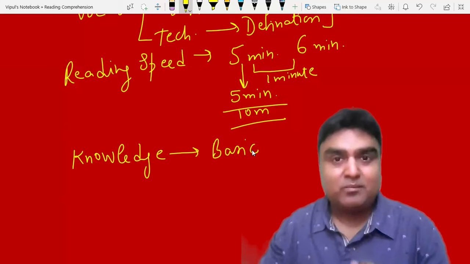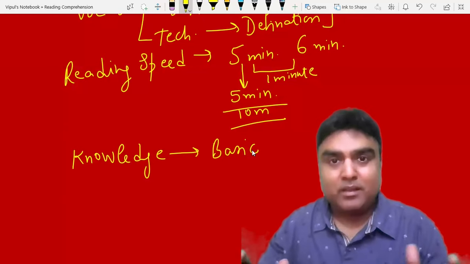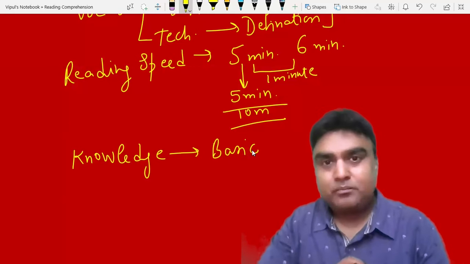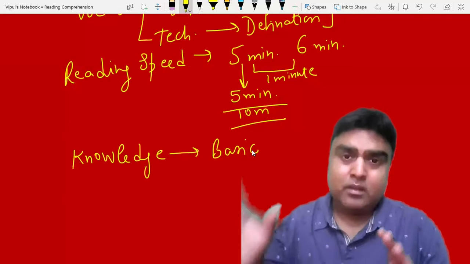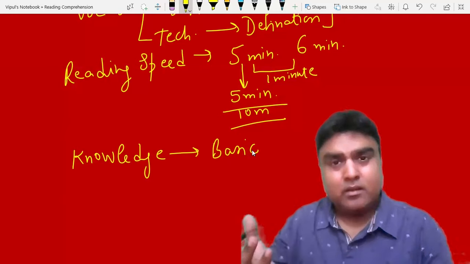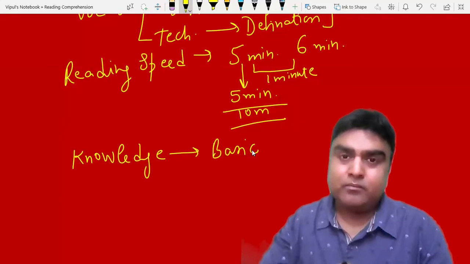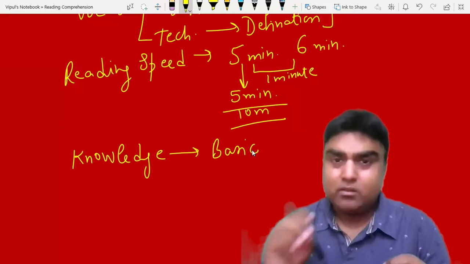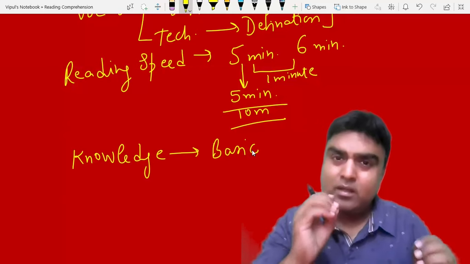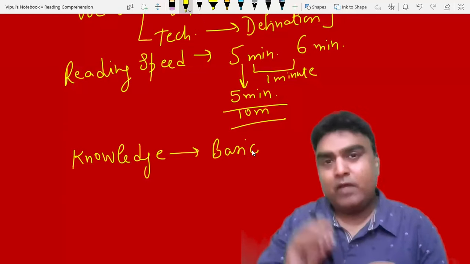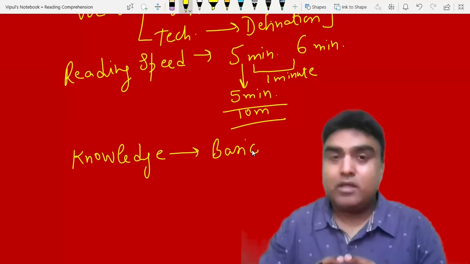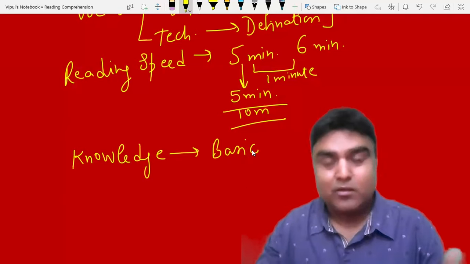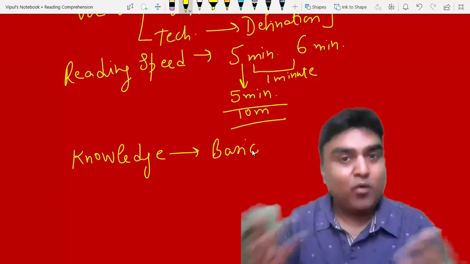अगर मुझे physics में मतलब इतना पता है, basic 6th, 7th, 8th का मुझे बुक्स से देख के कि न्यूटन कौन था, आइंस्टाइन ने क्या किया, थियरी ऑफ रिलेटिविटी क्या है, और न्यूटन्स लॉज ऑफ मोशन क्या है, फ्रिक्शन क्या होता है. So even if I am knowing very small things, I would be able to answer the science questions. The same thing, if you are a science student and you don't know much about history or commerce